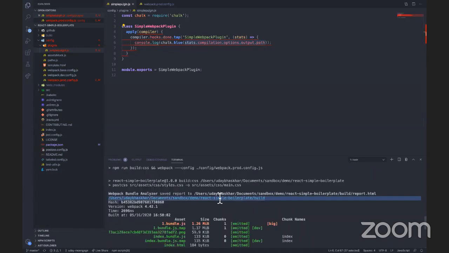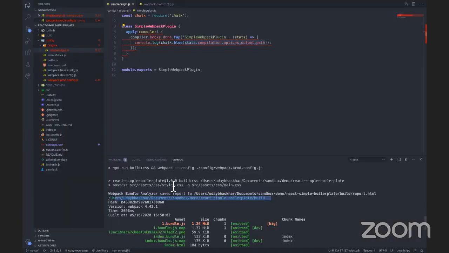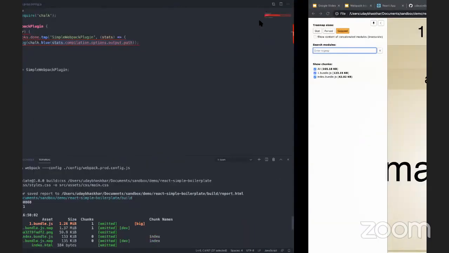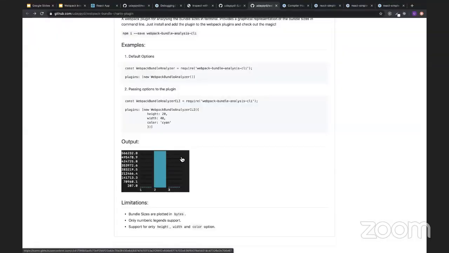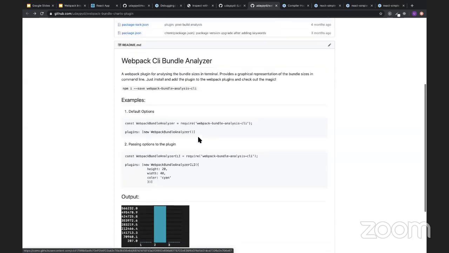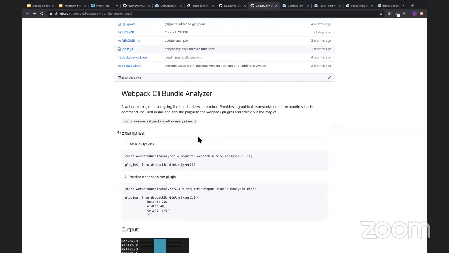Okay. So Webpack gives you the output path. Using this, whenever you see a bundle analyzer or any post build plugins that analyze the bundle, like I've built a simple plugin which analyzes the bundles in the command line interface. You don't have to install a bundle analyzer. You don't have to analyze it in HTML format, it directly analyzes the bundles in the form of graphs in your command line interface. So this is actually how it does.